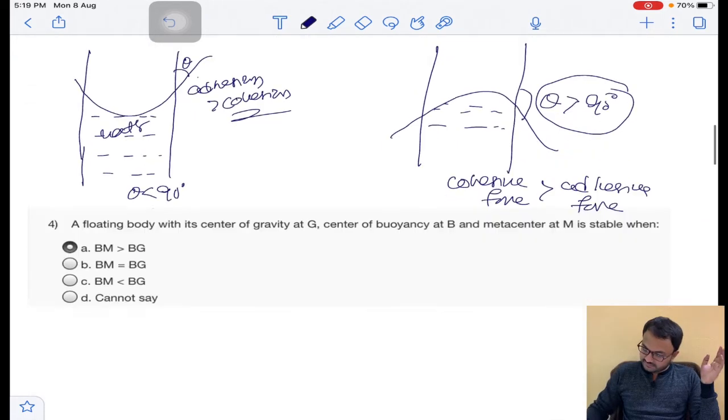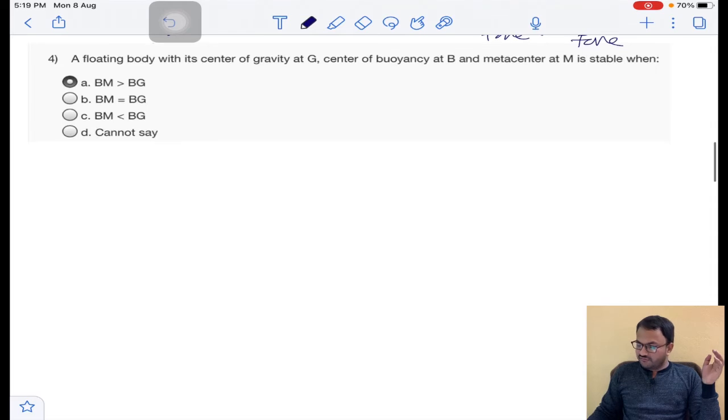Next question. A floating body with center of gravity G, center of buoyancy B, and metacentric height M, is stable when? I'll give you one important trick here. MGBS, Mahatma Gandhi Bus Station. You remember this? Okay. So for a floating body,